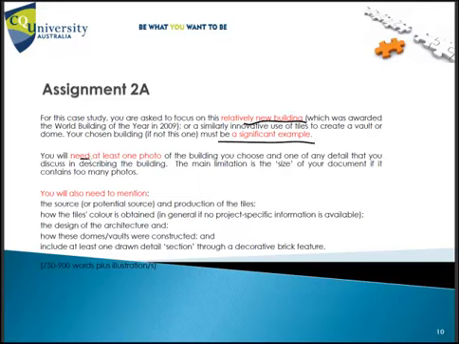Well, you will need at least 1 photo of the building, and please make sure you do not insert too many photos. And the areas you should mention are number 1, the source and the production of the tiles, number 2, how the tile color is obtained, number 3, the design of the architecture, number 4, how these dome vaults were constructed, which is the construction methods, and number 5, include at least 1 drawn detail section